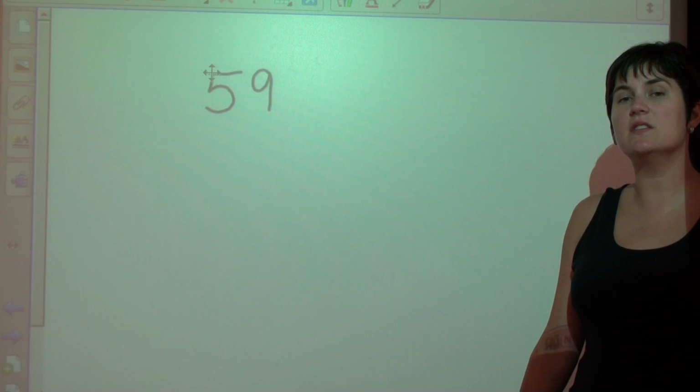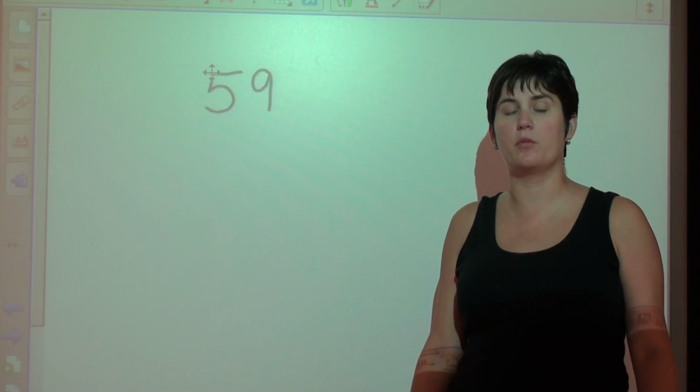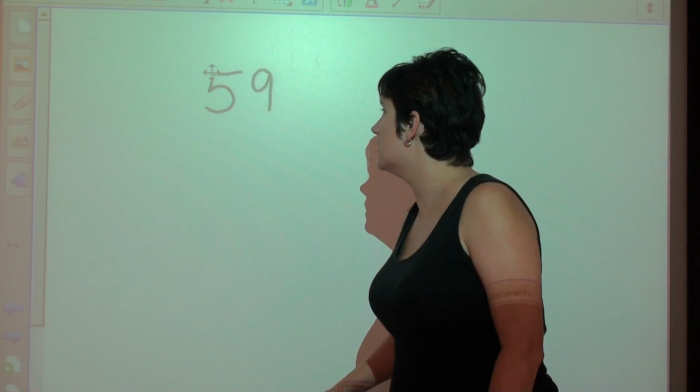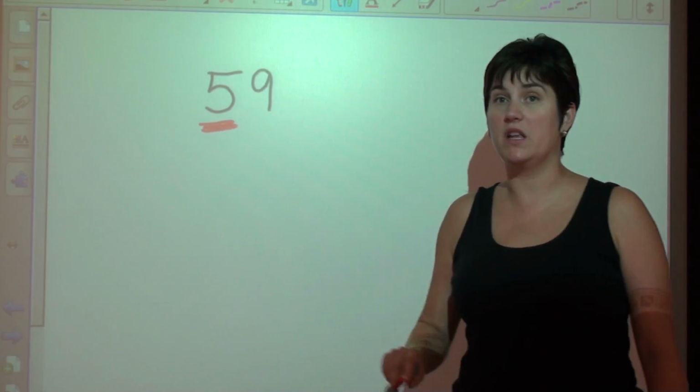Okay, so grade fives, this is a review for those of you who need a little bit of a refresher from over the summer and from grade 4. We're going to talk about rounding to the nearest 10. So when you round to the nearest 10, you're actually going to underline the 10 because that's what you're rounding